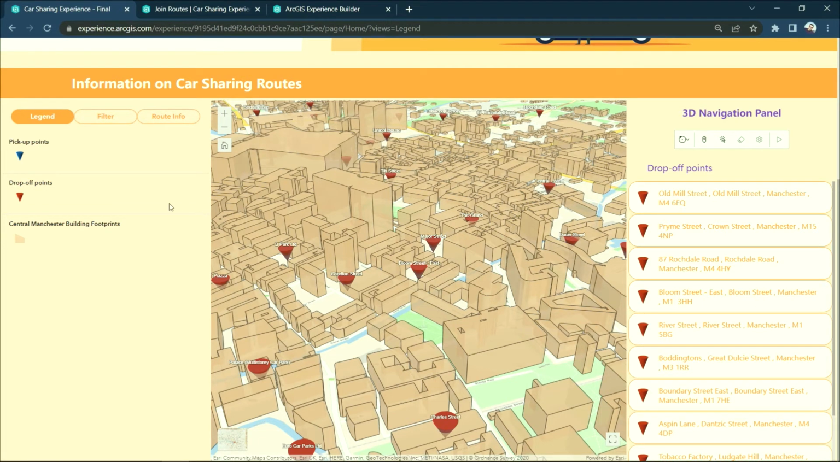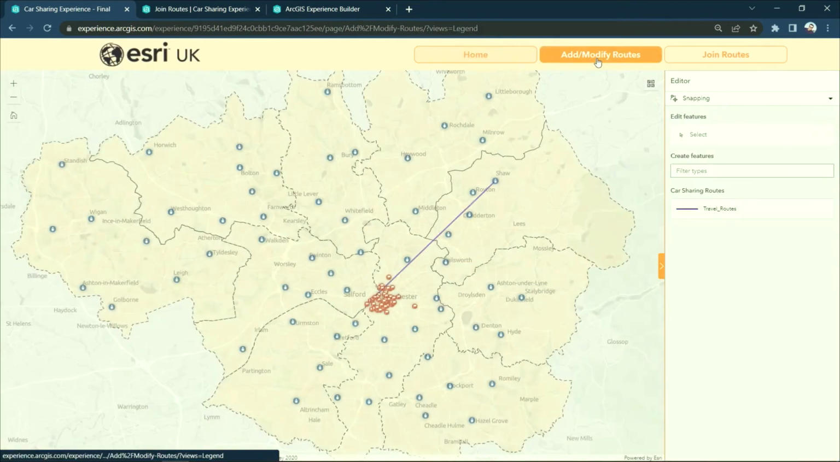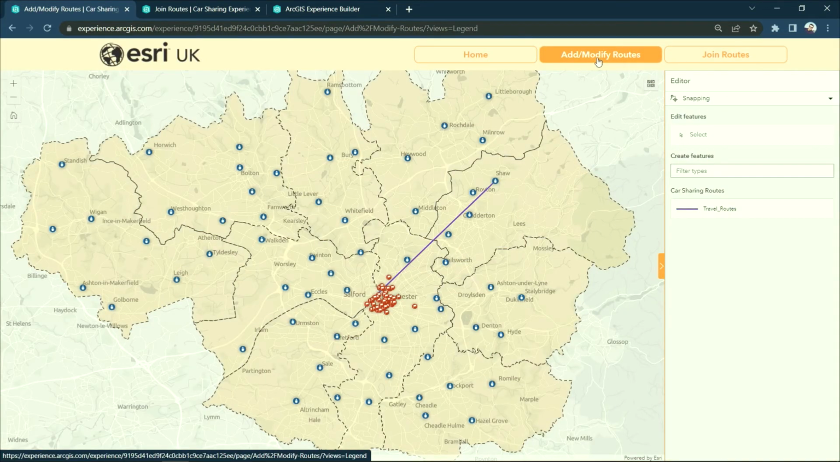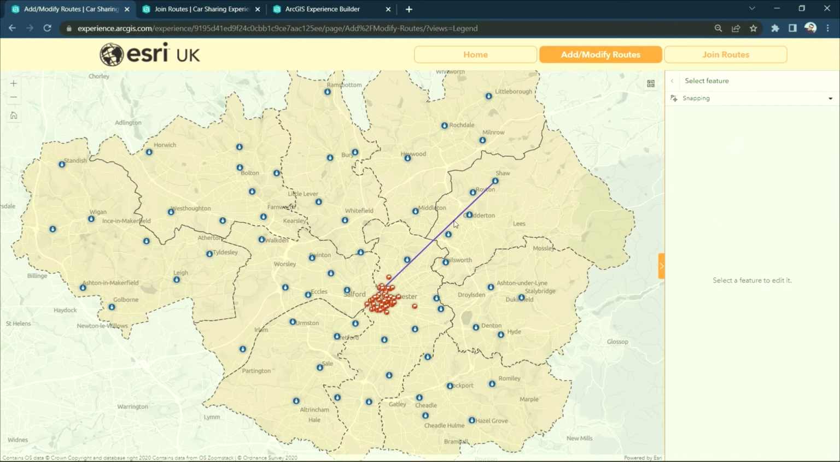Now let's navigate to the second page in my experience, which is designed for one purpose: editing or adding new routes to my experience. Here you can see that I can only see one route on my map, and that's because I am a registered user, so I can only edit routes that I drive or I own. If I want to edit my existing route, I can simply select it